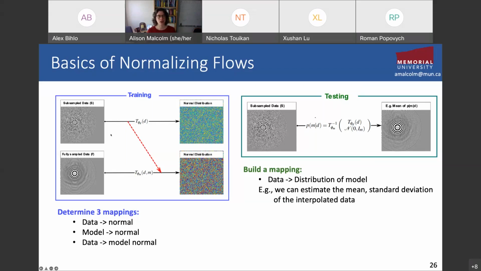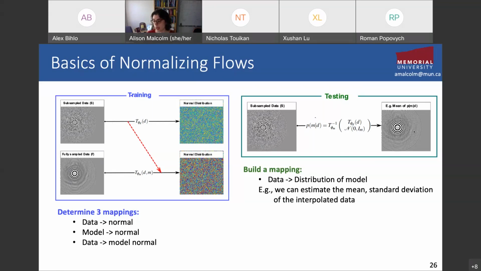But hopefully you can see a path where we go from our subsample data over to this normal distribution, and then we go back to our fully sampled data set. That's the final pathway that we will use to go from our subsample data to our final